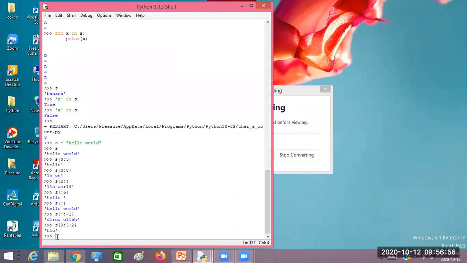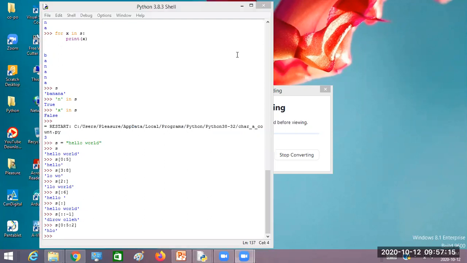That was not allowed in C or Java, where we compare or concatenate strings with built-in functions like strlen and strcmp. But here, with simple relational operators, we can compare strings.